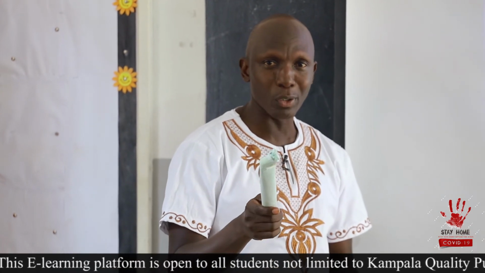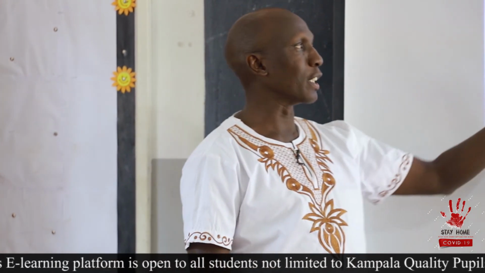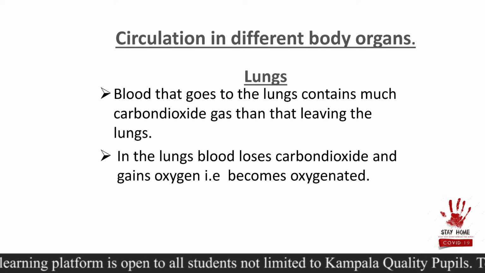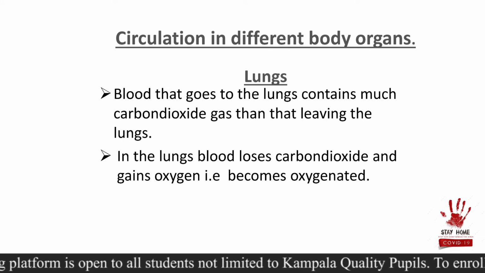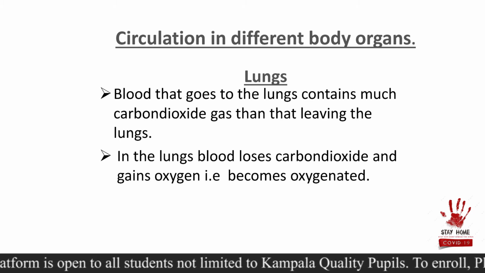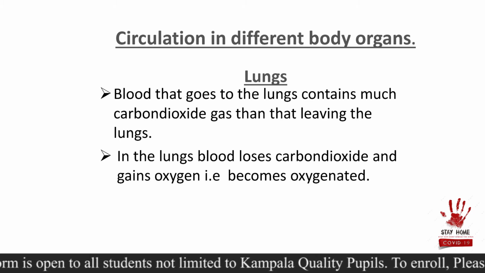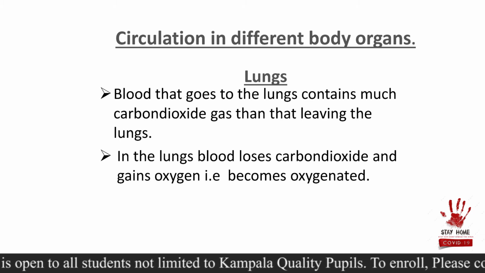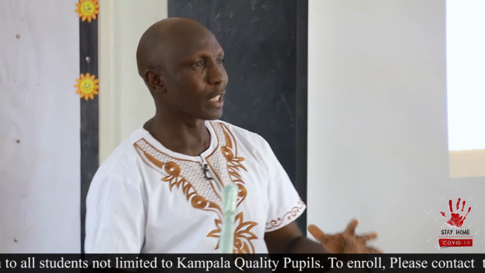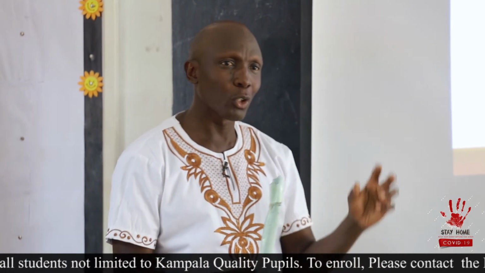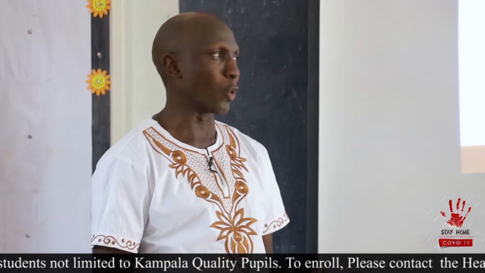So in a sense, we are going to say the blood will be oxygenated. So it's going to receive oxygen, so it becomes what? Oxygenated. So why blood goes to our lung is to receive oxygen or to be oxygenated. So we shall look later on at the respiratory system and what exactly happens. You see, this body is a complex thing. So we shall see what exactly happened. Is it just going to drop like that and it just comes out? No, we shall look at that.